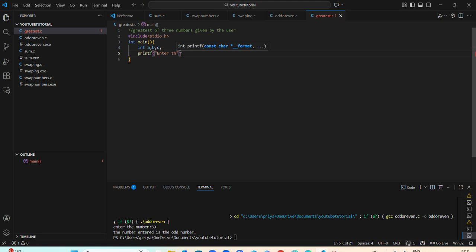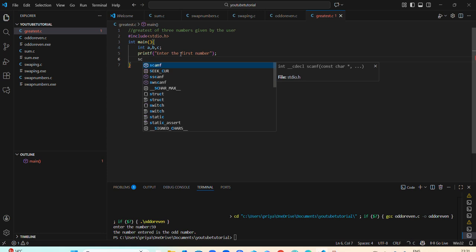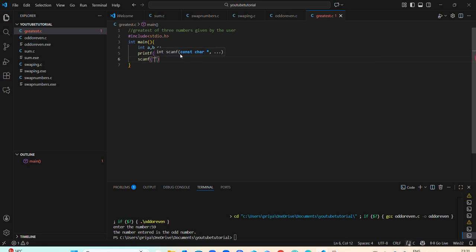Or let me create it by using it again and again. First I'm going to simply write printf enter the first number, and then I'm going to write scanf %d and &a. Okay,